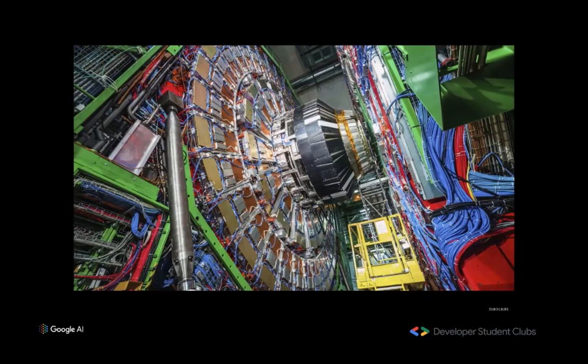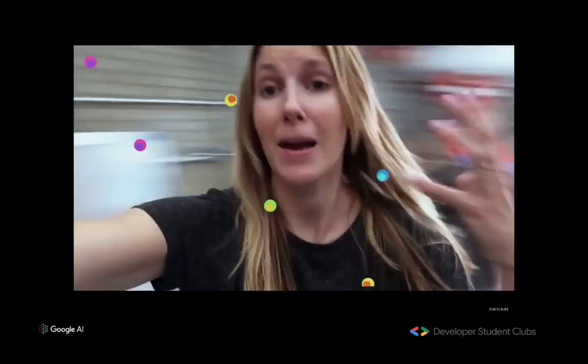Everything from facial recognition to trying to recognize whether a particle is present in a particular collision at the LHC. Which we would just like to take a time out to say is that big tube in the ground over in Europe that smashes particles together at really fast speeds so that scientists can use that information to unlock the mysteries of the universe, among other cool things.